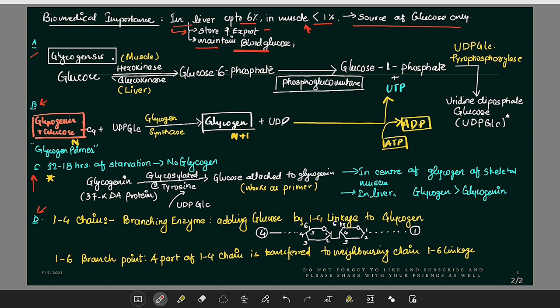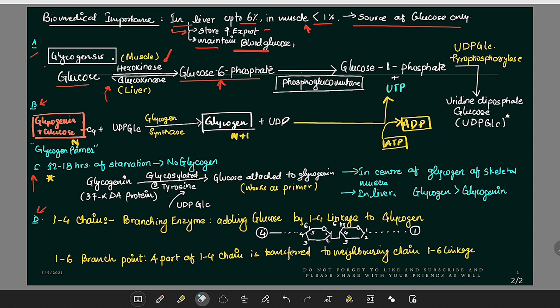So, in the first step of glycogenesis, the conversion of glucose into glucose 6 phosphate takes place in the presence of an enzyme which has 2 forms. In the liver, glucokinase is available, whereas the muscles contain hexokinase. And glucose 6 phosphate doesn't mean that 6 phosphates are available on a glucose molecule, but that on the 6th carbon a phosphate has been added. That is why it is named glucose 6 phosphate.